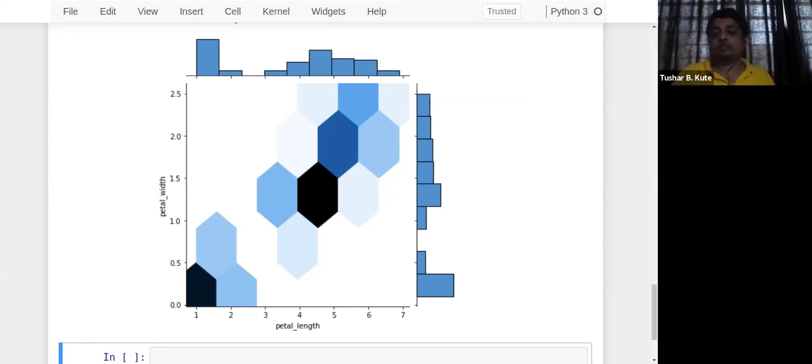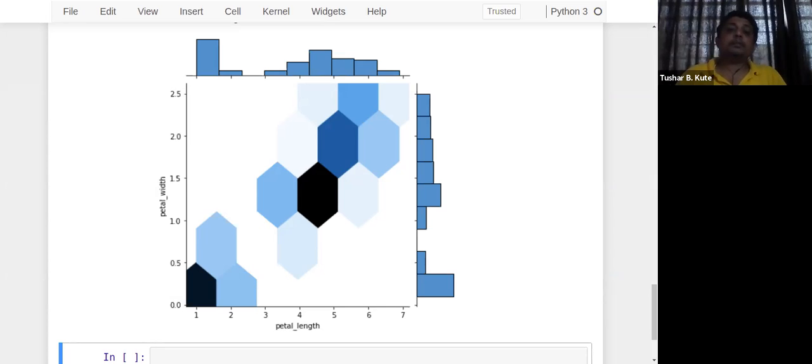So plotting bivariate distribution, that is n against 2, combinations are required. If I have, for example, 4 features, then 4 against the others gives 12 plots: 1 against 2, 1 against 3, 1 against 4. Again, 2 against 1, 2 against 3, 2 against 4. Like that 3 and 4 combinations are there. So this is called a pair plot.